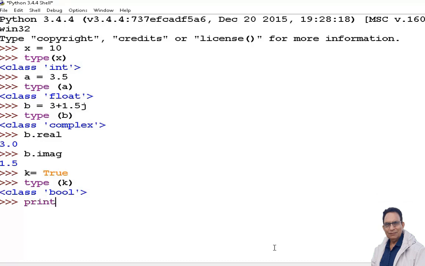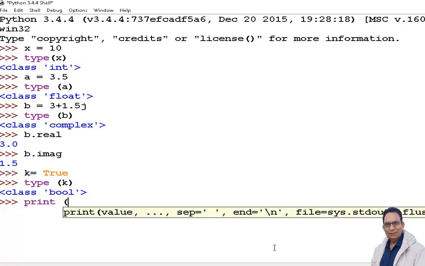Print and write within bracket, let us say k, or I write something, a prompt also, "value of k", comma, I write small k.